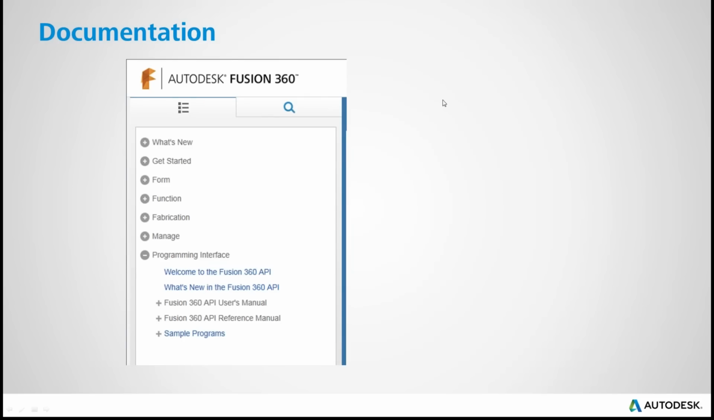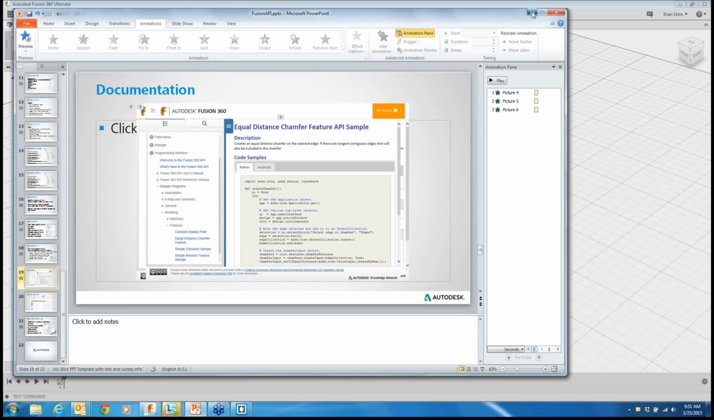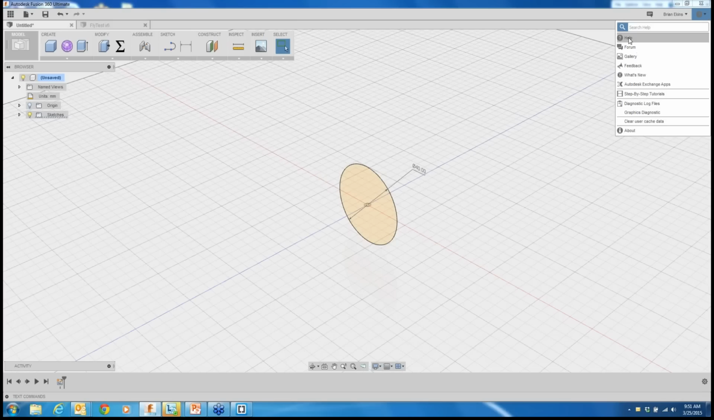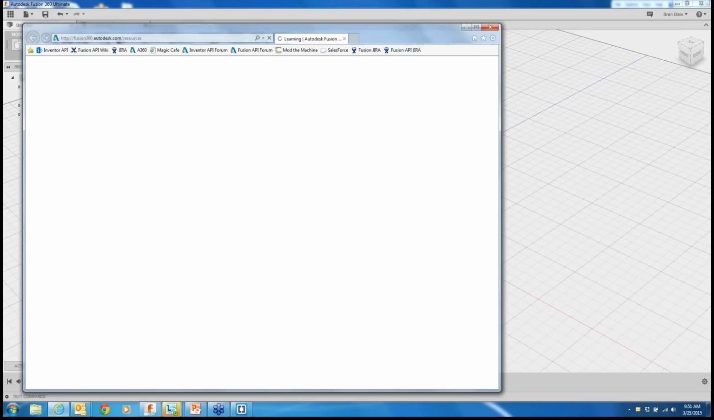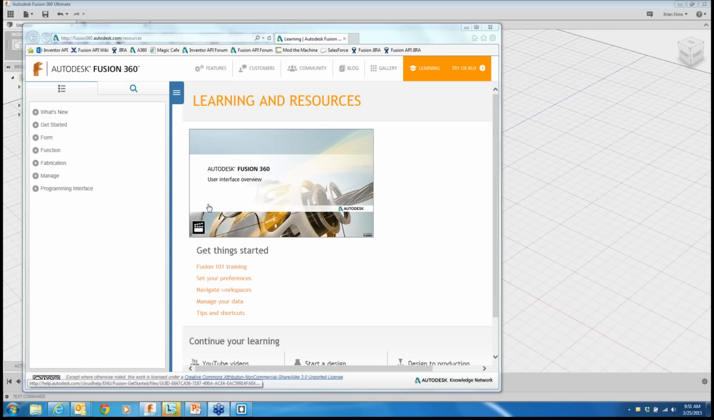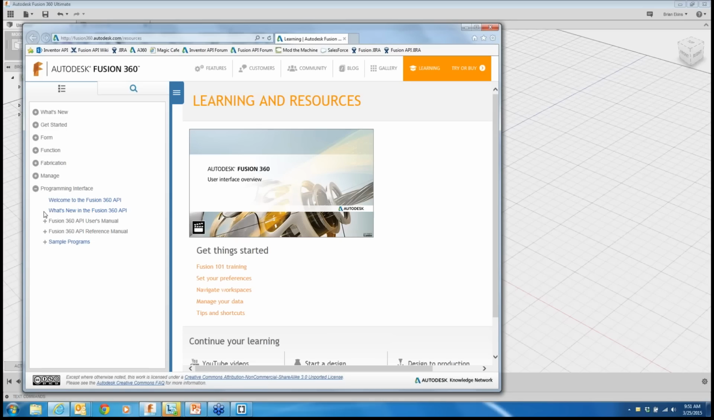And so, documentation. Let me demonstrate this. Documentation is available inside Fusion. You just go to the regular Fusion help. There's not a separate link for the API or anything. Inside the Fusion help, there is a table of contents at the bottom. There's a programming interface topic. If I expand that, you can see there's a welcome to the API, what's new in this release, and